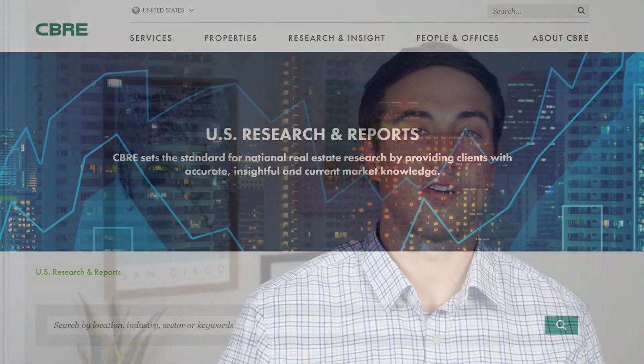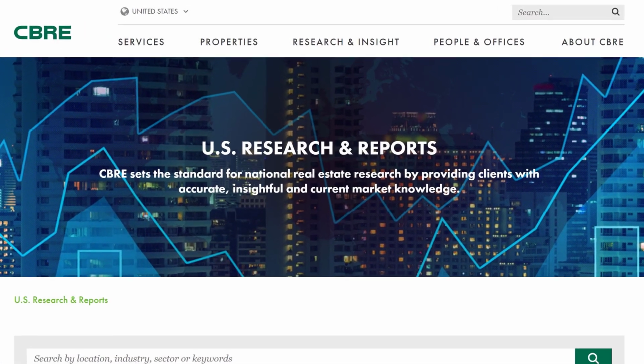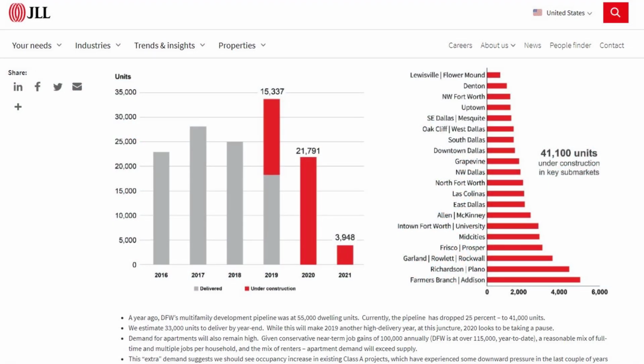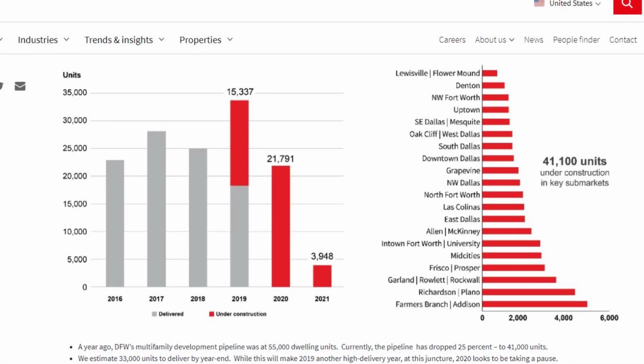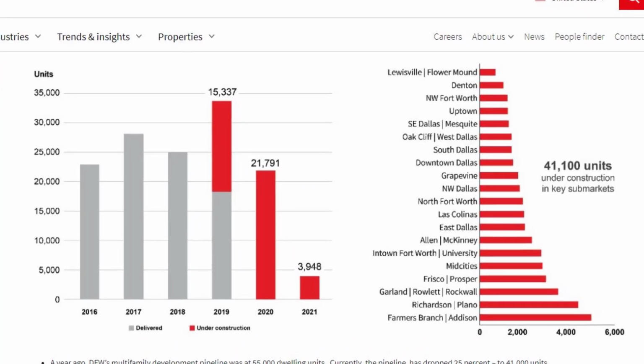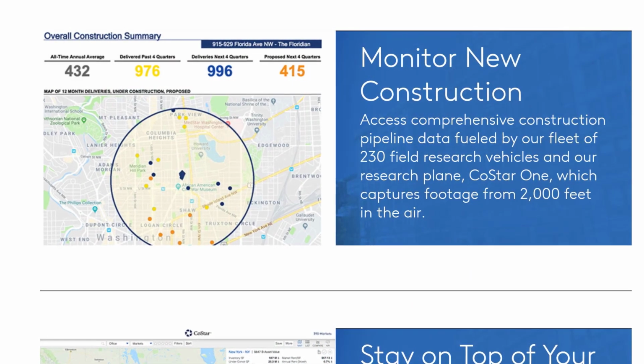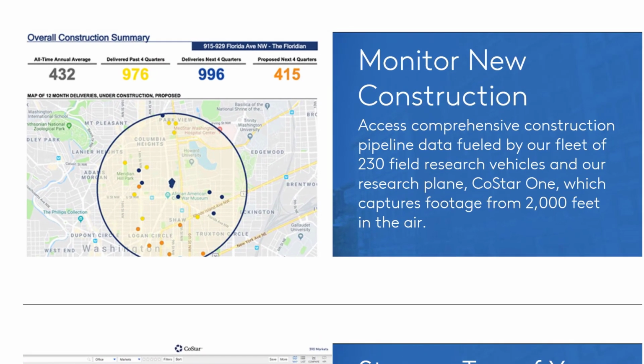Now, to find this information on new projects that are either planned or under construction, the big brokerage firms like CBRE, JLL, and Cushman & Wakefield are generally going to publish quarterly or annual market reports, which can give you some sort of an overview of projects either planned or under construction in a market. And if you're looking for more in-depth information or you're working for a bigger firm, databases like CoStar are going to have detailed information on what supply is projected to look like for the next 1 to 3 years.